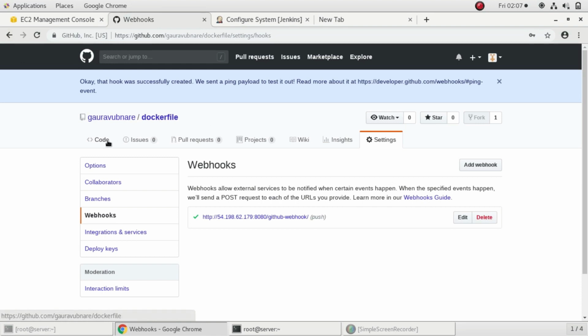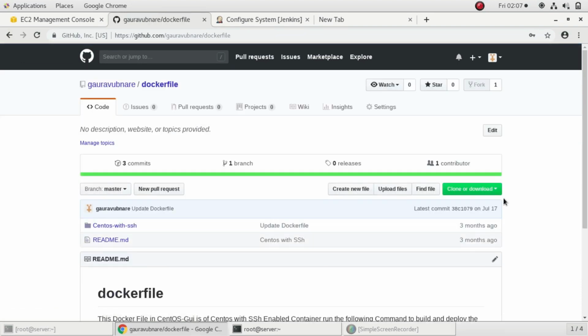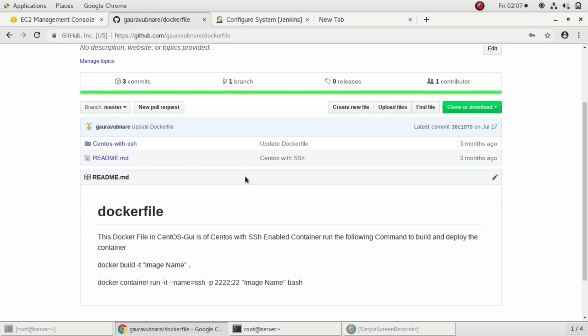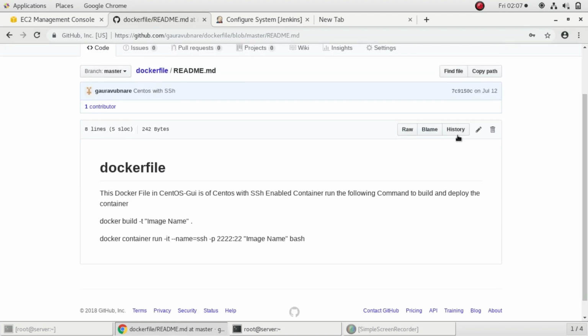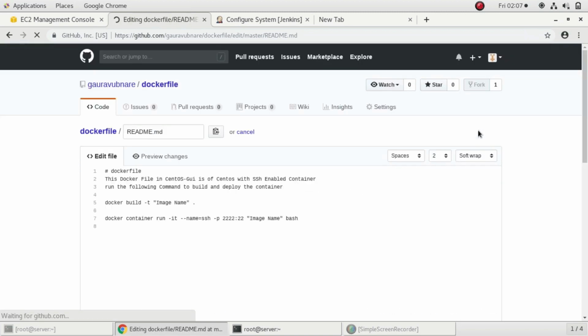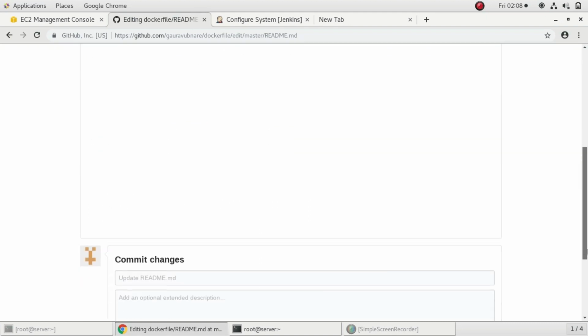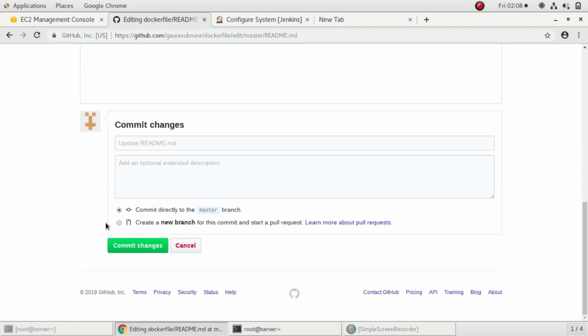So I'll go to my code and make some changes in my readme file. I'll edit this and give a comment, GitHub webhook test, and I'll click on commit changes.